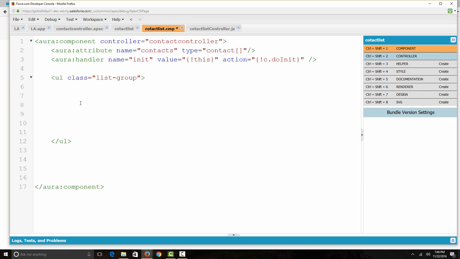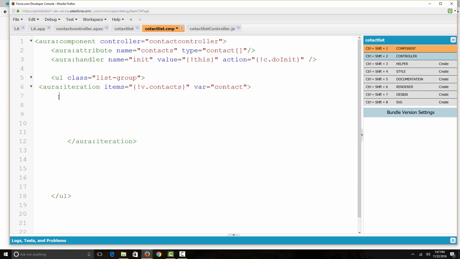For iterating, we have the out of box component aura:iteration, and the items on which we want to iterate is v.contacts, to which the list has already been passed. We need to define a temporary variable which will iterate through the list. Let's say we name it contact,